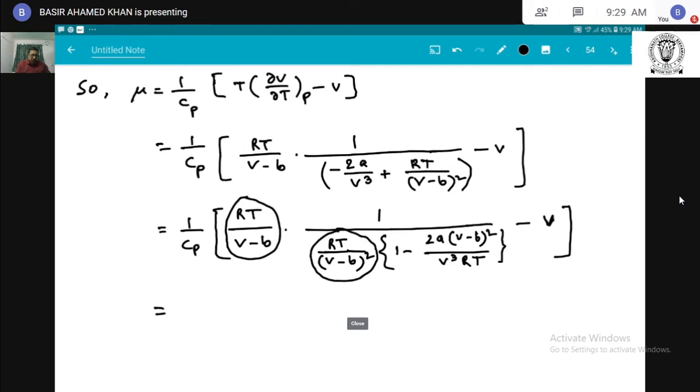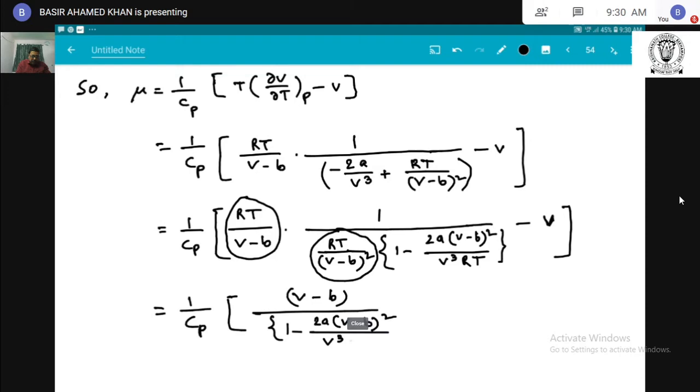That means we get 1/Cp third bracket, in numerator (V − b) divided by 1 − 2a(V − b)²/(V³RT), second bracket close, minus V, third bracket close, okay,